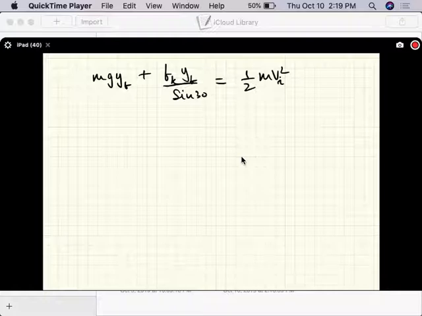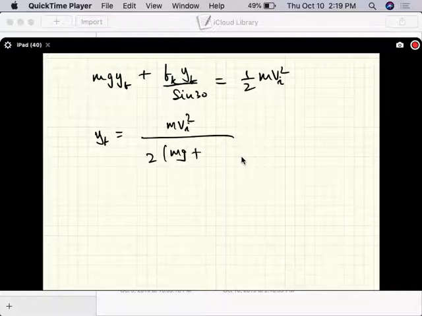So y final is m v initial squared divided by 2 times mg plus, I've taken y final common there, and these are the two terms, mg plus, I hope you guys understand this, Fk divided by sine 30. And sine 30 is a half, so that becomes